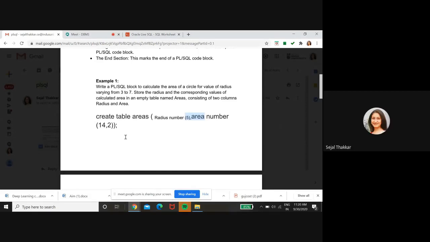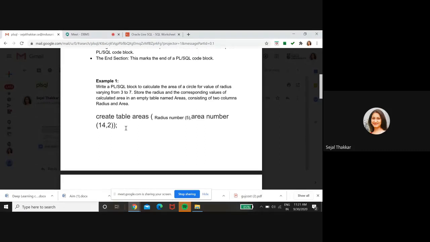Now the value of pi is by default 3.14, a defined value, right? So that value is in points, and whatever calculation we are going to do will come under points. So you have to declare it here as 14,2. Up to 2 digits it will accept after the point. Otherwise it is going to round, and it will give you up to 2 points.